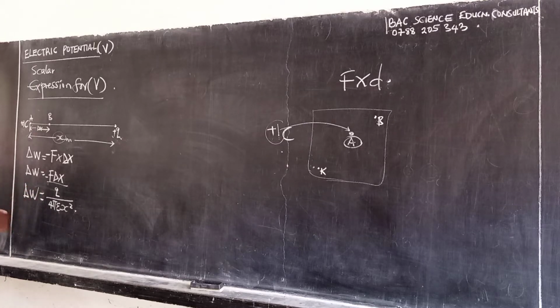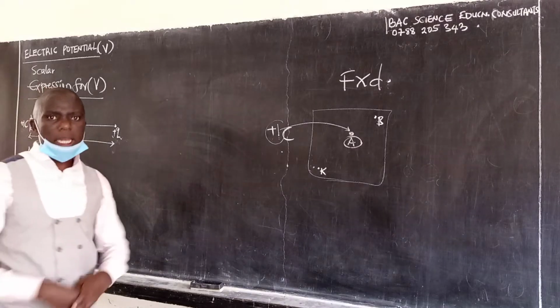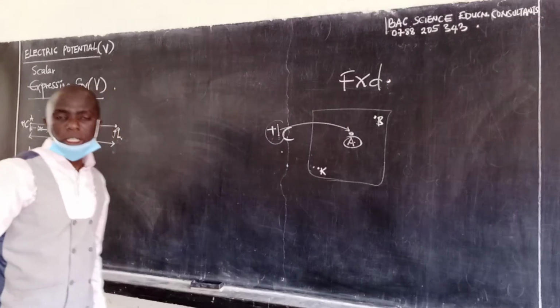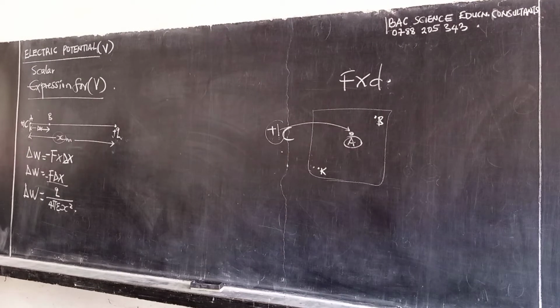But then we want the work done to go to any point, anywhere. We want to generalize to move this one to any point, maybe at a distance r from Q. So how do we do that? These are small things. There is some dx here. These are small things. So in order to get a very big thing, we would be adding the small work done, the small work, and the small work. But in order to do that, we integrate.